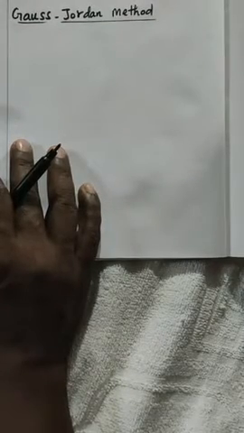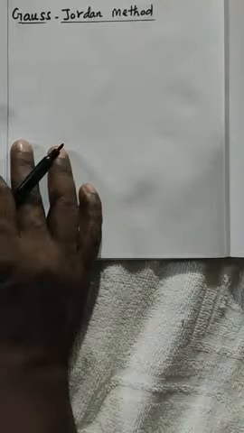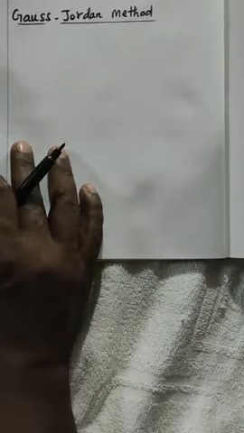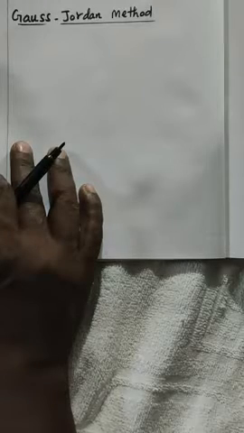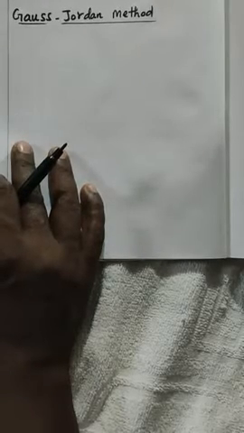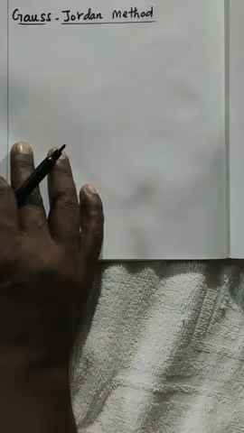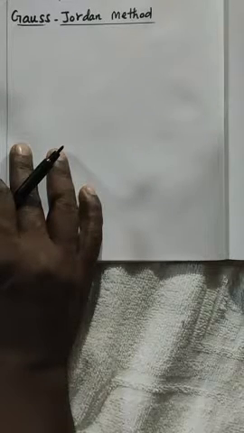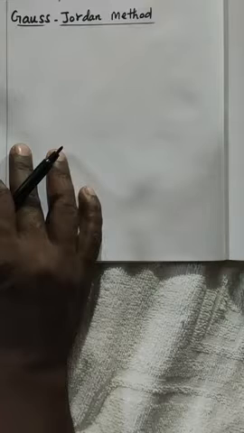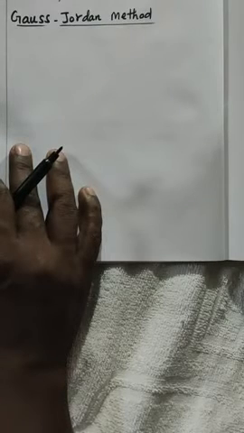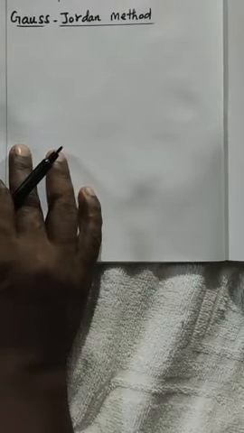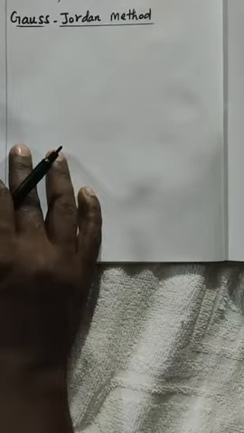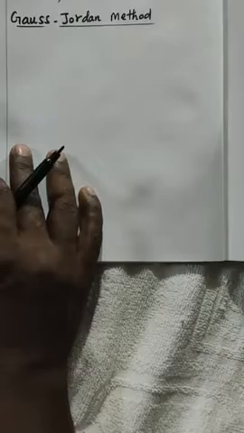Gauss-Jordan method. Transforming a non-singular matrix A to the form of the identity In by applying elementary row operations is called the Gauss-Jordan method. This method is used to obtain the inverse of a matrix. The steps in finding A inverse by the Gauss-Jordan method are: